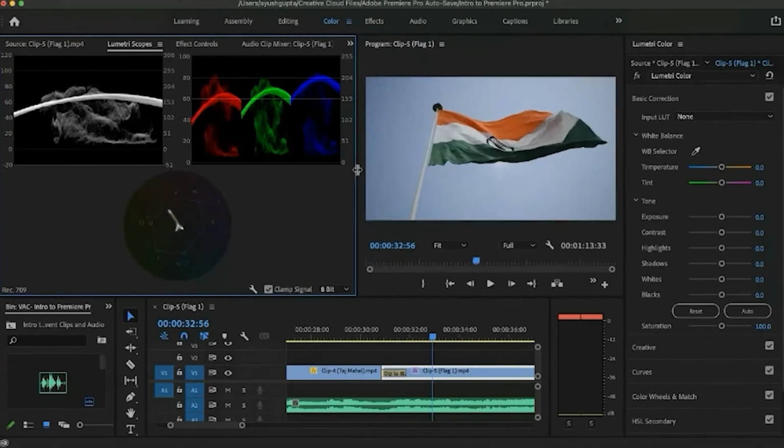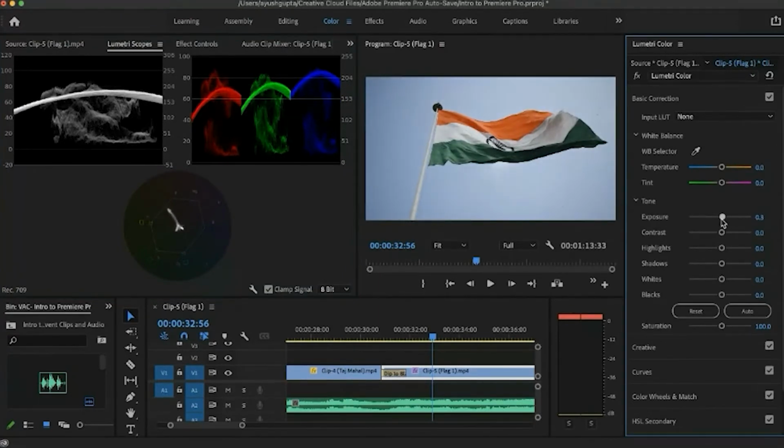So now, how to color grade the clip so that it looks better. The first part is we color correct. If the image is already looking great to the eye, we don't have to use much color correction in this part.